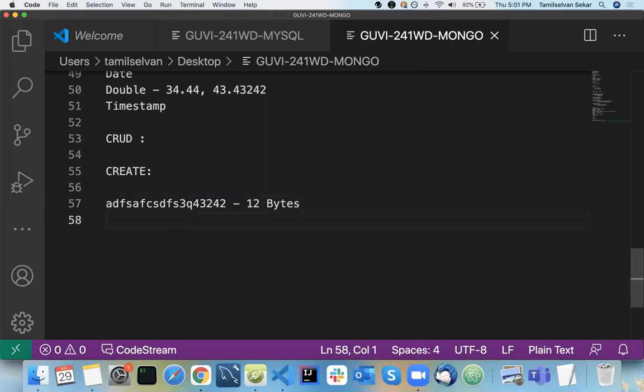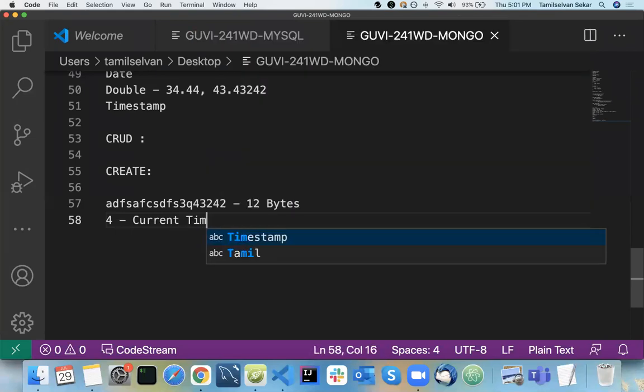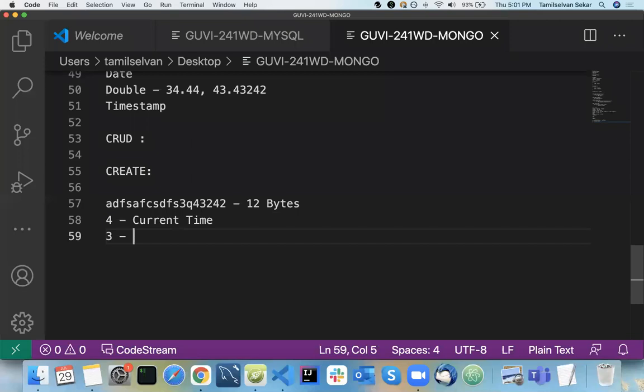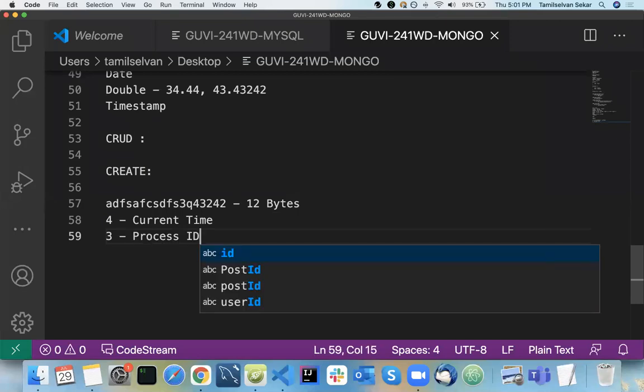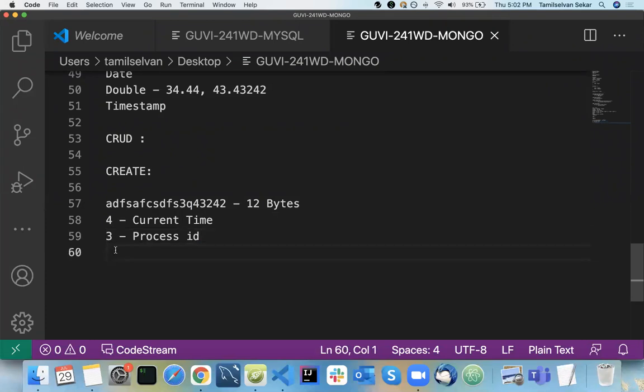Each and every byte is generated like this: the first 4 bytes are your current time. The next 3 are your process ID, something to do with your OS. You need not consider this, but just understand it. Then current timestamp, process ID, and what else?